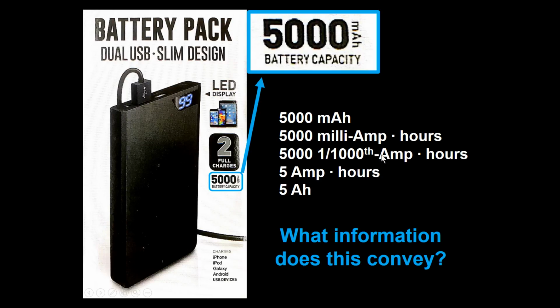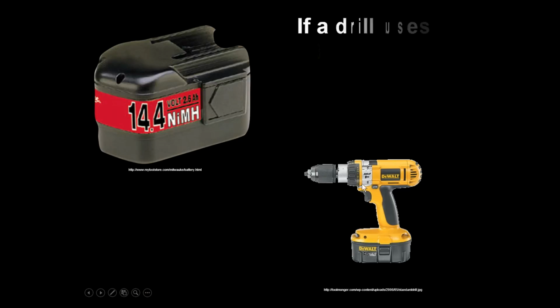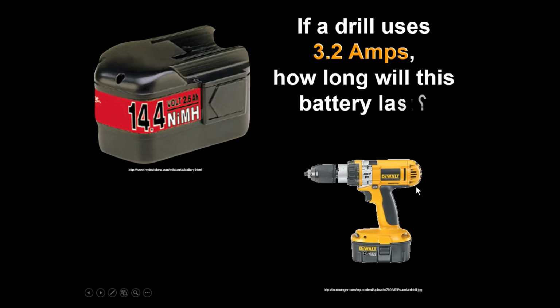So 5,000 thousandths of an amp is the same thing as 5 amps. It would have been easier just to say that was 5 amp hours. I think it's a marketing ploy where that looks like, wow, 5,000 thousandths of an amp hour. So if I had a drill here that's on a battery pack, and that says it is 2.6 amp hour battery,